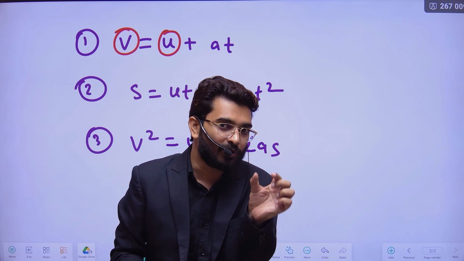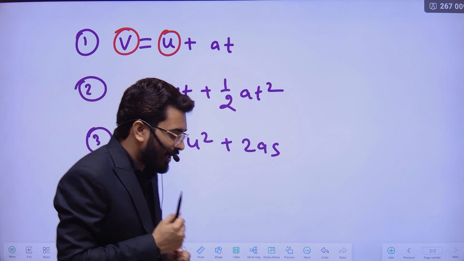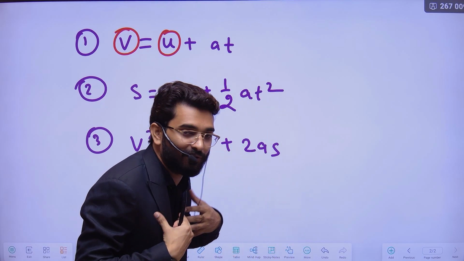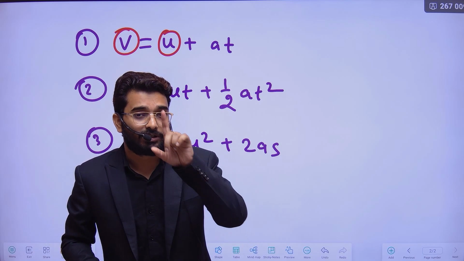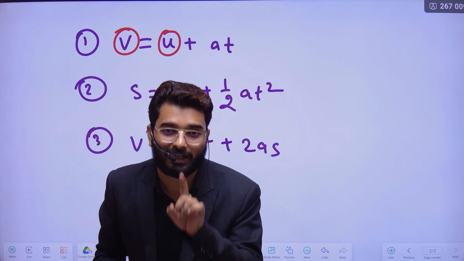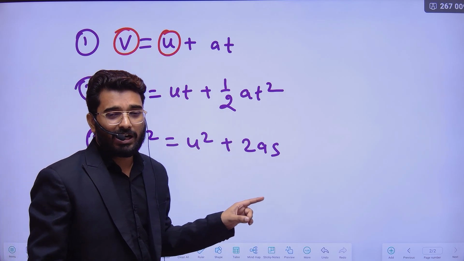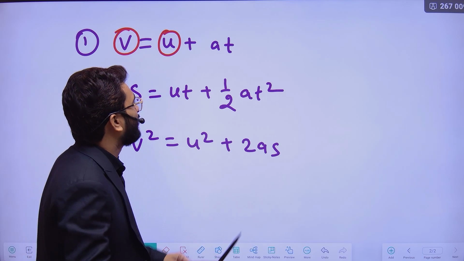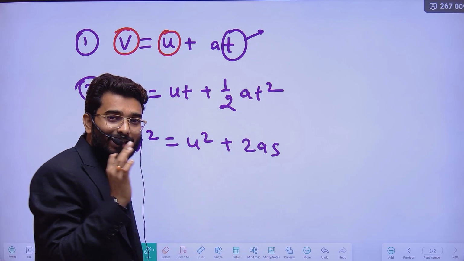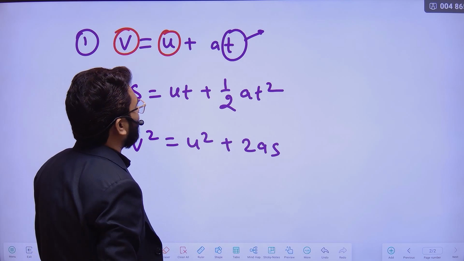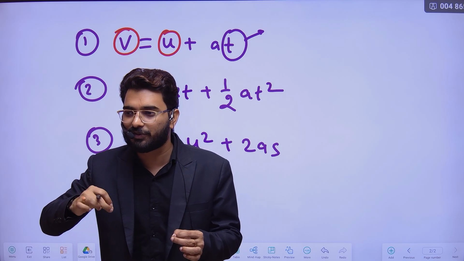Whenever you see u, it means what? Initial velocity. After some time later I increase or decrease my velocity. Then after decreasing or increasing, the symbol used for final velocity will be v. And the second thing, the time that we consider will be noted by this small letter t. Here's the word a. What is a? A is the acceleration.